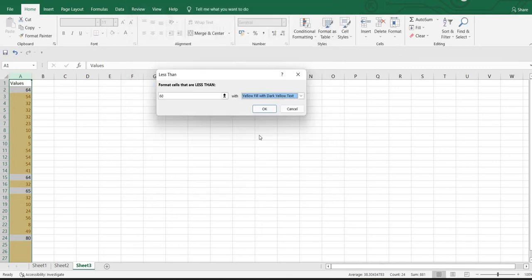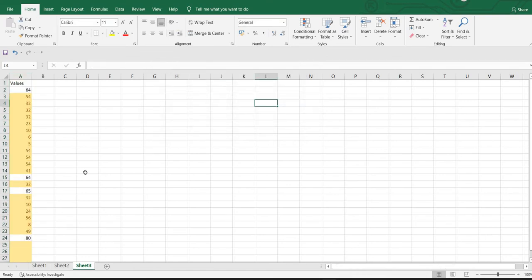So that is not required now. So I have highlighted all the scores or values which are lesser than 60 with a yellow background with yellow text. Click OK. Then what we are seeing here, we have selected the whole